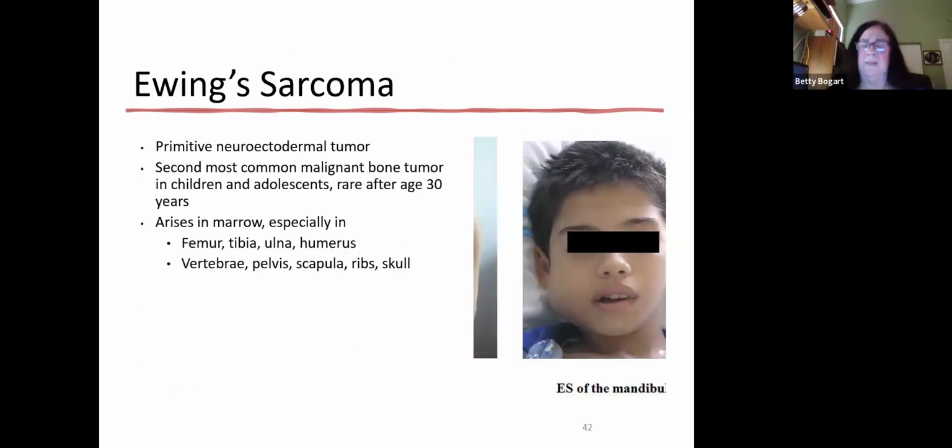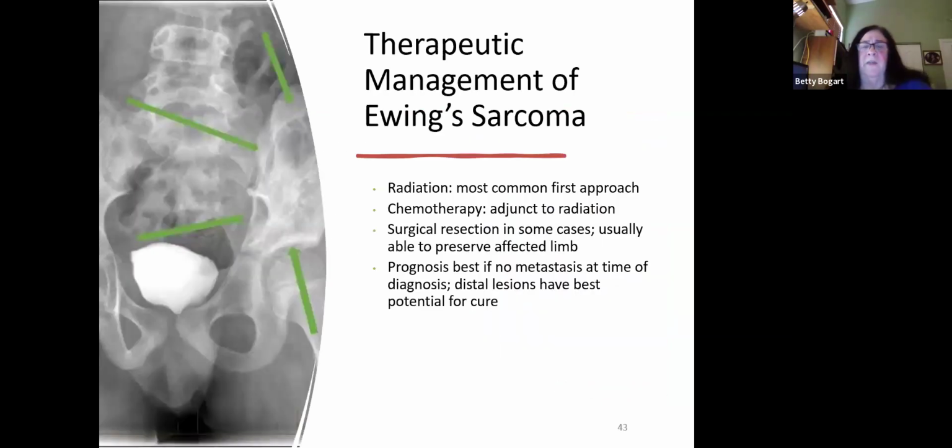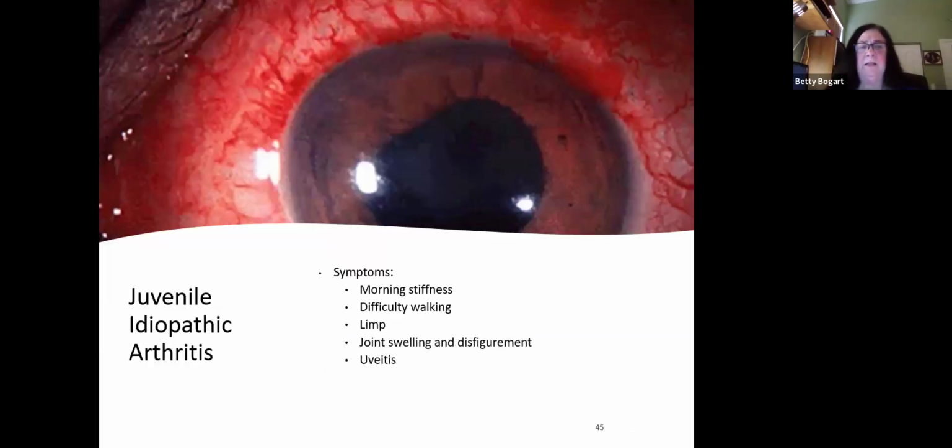Ewing sarcoma is basically a tumor of any bone, anywhere. Ewing sarcoma, they do radiation, shrink it, chemo. If we can remove it, you have to take the whole bone. You can't take a piece. You have to take the whole bone because the bone has it in it. So sometimes we can take the whole bone and sometimes we cannot. Now,